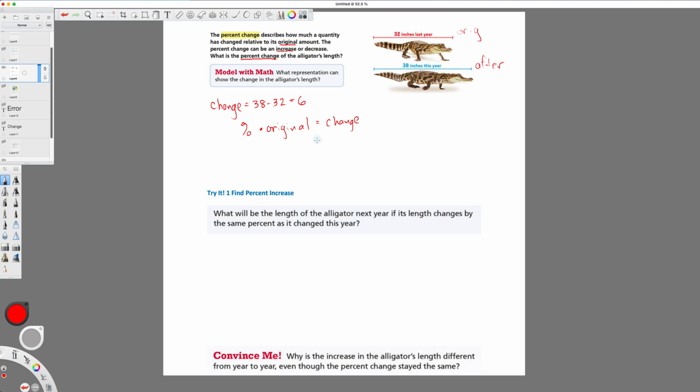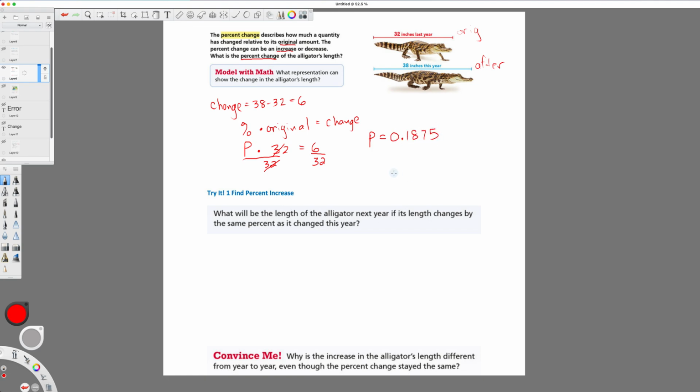One option, you can use a proportion if you'd like. So I don't know the percent. That's what I'm asked for. So I'm going to call that P. The original is that 32. And the change we just calculated was 6. And so now I'm going to divide by the 32 because that's the number with the variable there. So I get P equals 6 divided by 32, and I get